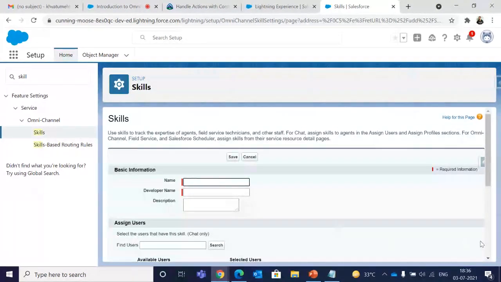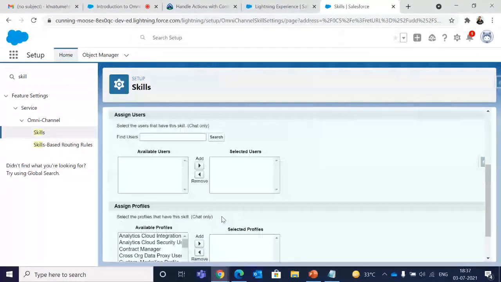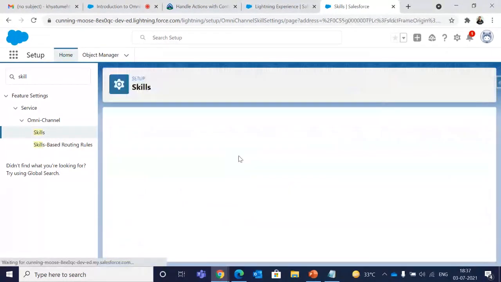Yeah, so you just need to give, as I've shown in the workflow, the same names so that you guys can understand. Give OS installation as the name and click on save.